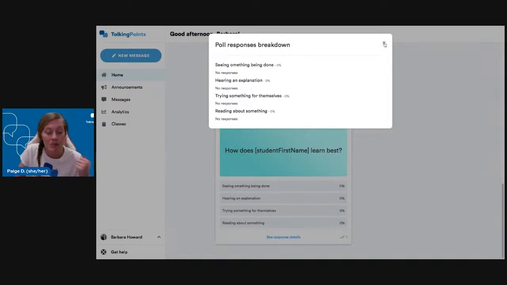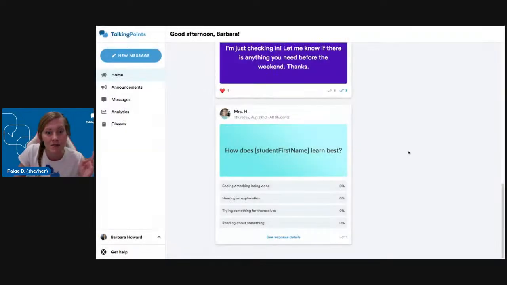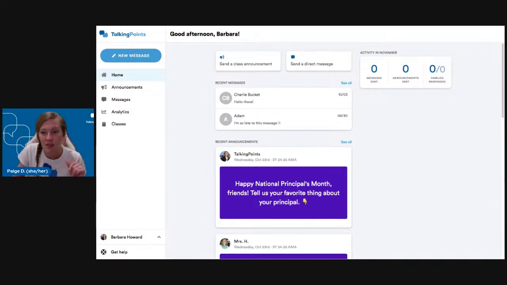So it is a great way to get those answers very quickly because the question is sent right to their cell phone. All they have to do is tap the answer, done. No filling out a piece of paper, sending it back, hoping it gets to you. All of that is taken away and it is sent right to you. So polls are one of my absolute favorite parts of the Talking Points platform. And I would love to see how you use it and how responses come in and how you just see them used.